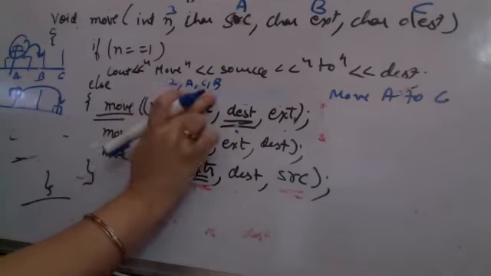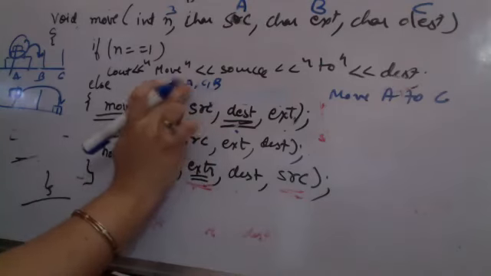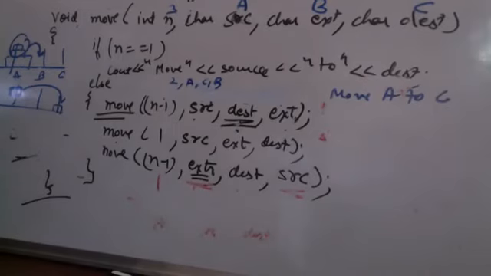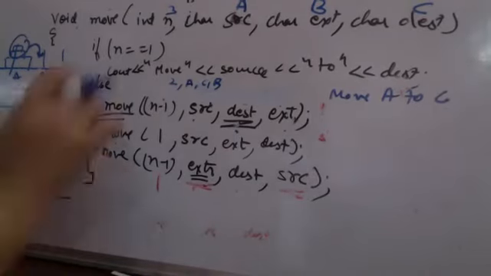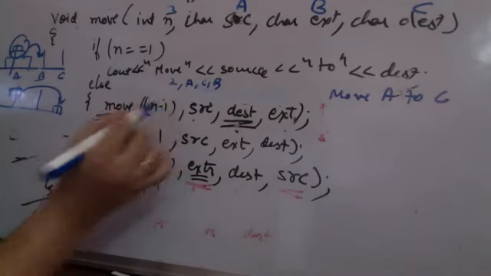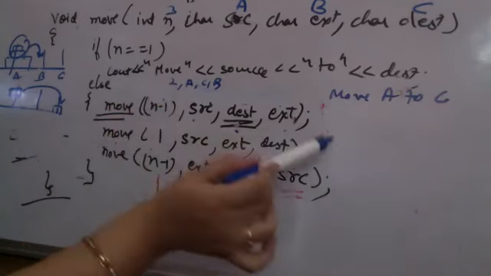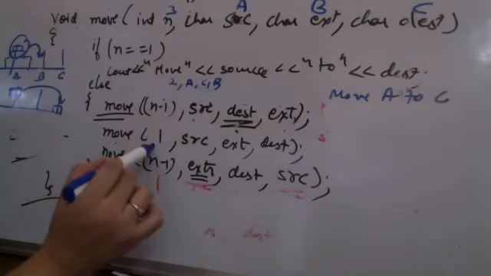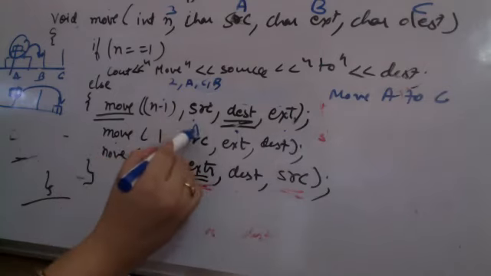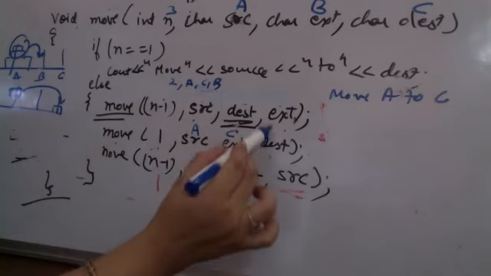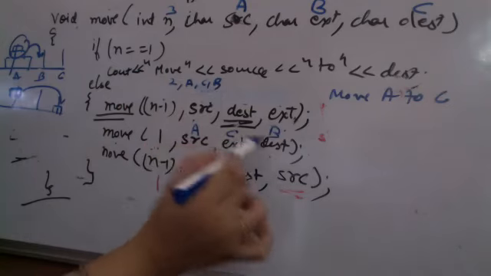2 ACB वाली कॉल अभी रन कर रही है. इस कॉल में से I am again coming here and I am going to call the next one. Now 2 ACB की कॉल चल रही थी, 1 वाली कॉल हो गई. अब दूसरी कॉल से हम आएंगे, 1 A extra here is now C and destination is B. Now I will be moving from A to B.